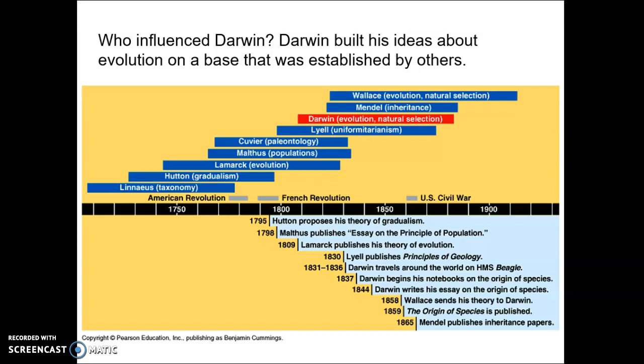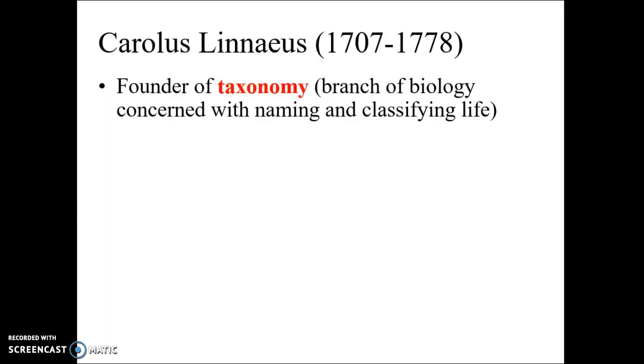And we just learned about Mendel and through learning about genetics, and they kind of discovered this stuff around the same time. And it's so interesting because genetics is such a key part of Darwin's theory of evolution. However, Darwin didn't even know about genetics at the time because it was yet to be discovered. So we're just going to quickly introduce some scientists that kind of contributed to Darwin's thinking of this theory of